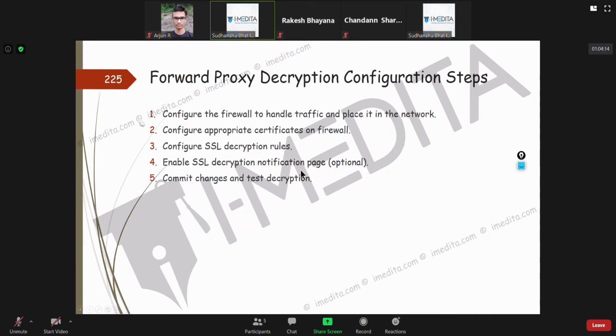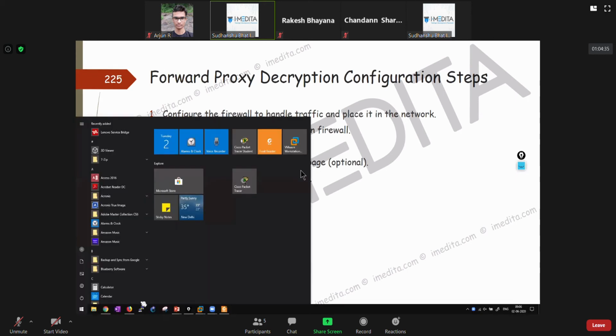These are the configuration steps which we did. Configure the firewall to handle traffic appropriately, like configure the interfaces and everything. Then configure appropriate interface certificates on the firewall. Configure SSL decryption rules. Enable the SSL decryption notification page. This is what I'll show you now.